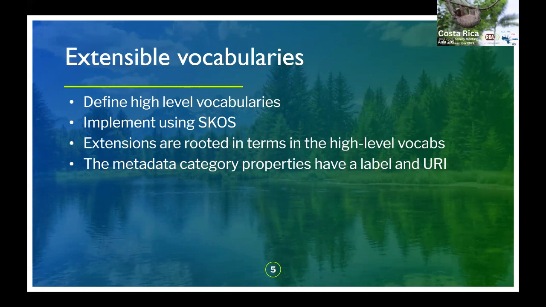We've implemented the vocabularies using SKOS, which is an RDF vocabulary for describing, mostly thesaurus-based, with fairly simple relationships. But importantly, it has the ability to have labels for concepts, definitions, and other kinds of labels if you want to include different languages or words used in different domains. You can point to a source, and you can have relationships between concepts in a very semantically loose kind of way. Broader and narrower are the important ones that we've been using.